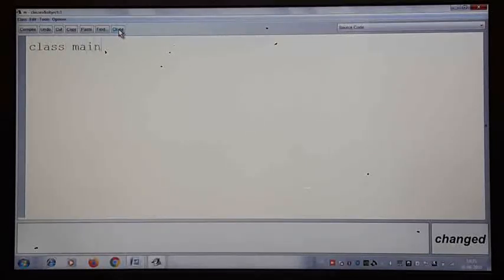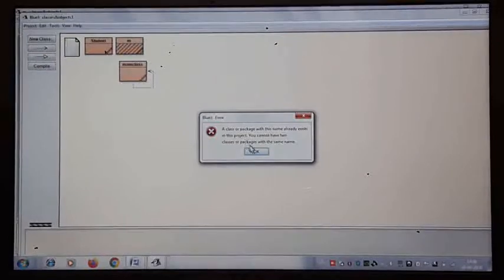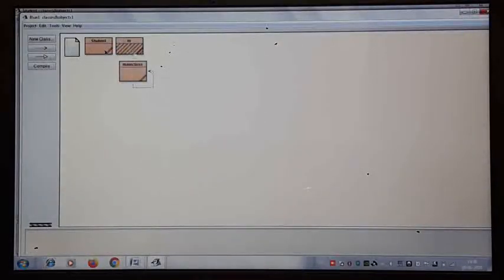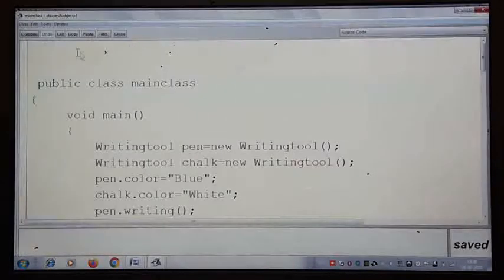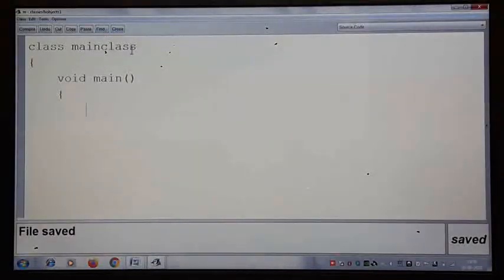Class, main class. Here void main, where we are going to create an object for the student class. Okay, a main class was given already in the other class, so let me give this as main class 1.